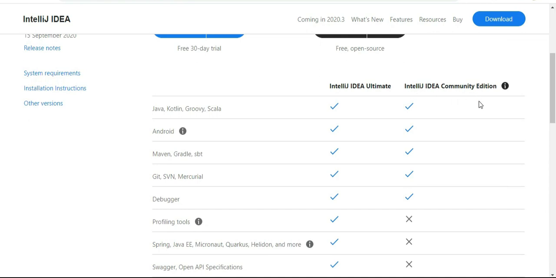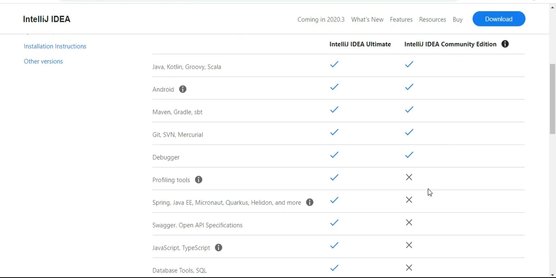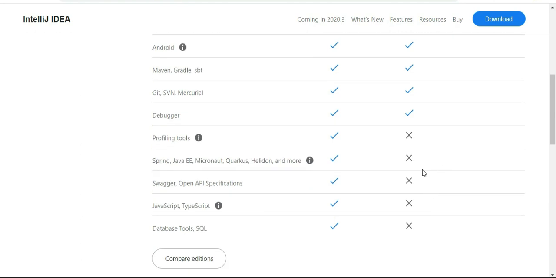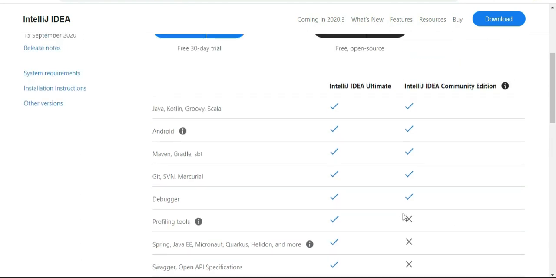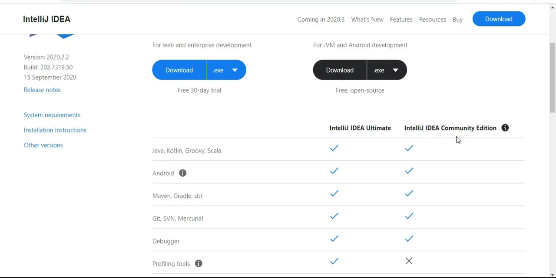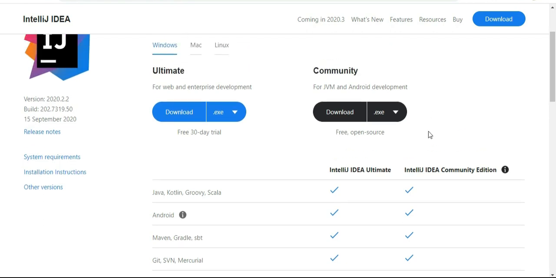Here you can develop Java programs, or write your programs and run your programs of Java, but a few of the features are not available in Community edition. So for beginners, you can install Community edition. For that, I have to click on this download button. Here you can see we have two options. One is Windows exe and another is Windows zip file. IntelliJ IDEA is available for other operating systems also. So I'm clicking on the exe button.